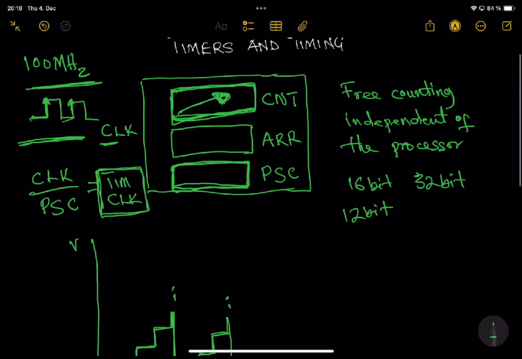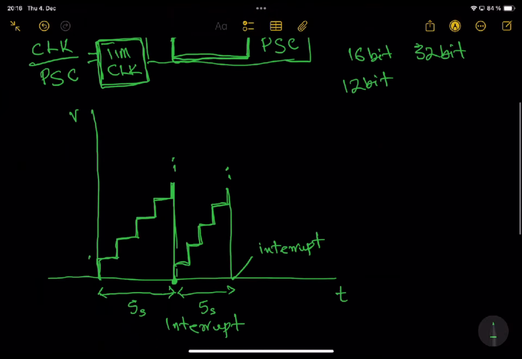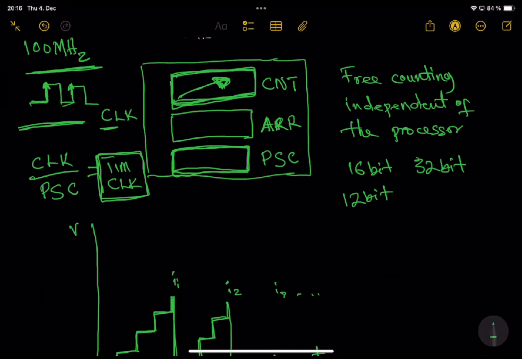Okay, so now let's talk about the ARR register. The ARR register stands for auto reload, and you use that to determine the period at which the interrupt, so let's say I1, I2, I3, ... Okay, so you use the ARR to set a value. So for example, at a point the count could be 0. So let's say the count register is storing 0. If I set in ARR